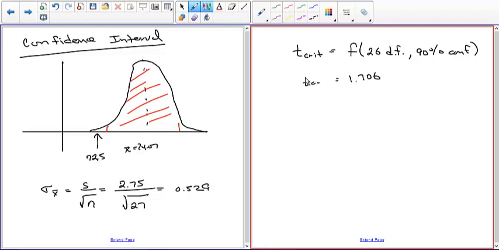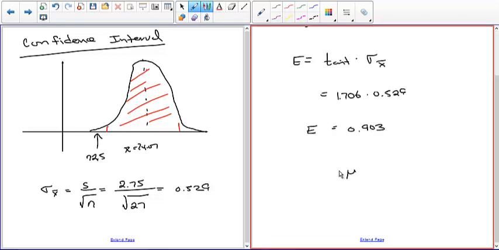1.706. So that means that our margin of error is our critical t-score times the standard deviation of the sample mean. So that's 1.706 times 0.529. 1.706 times 0.529 is equal to 0.903. And then our confidence interval, so this is the confidence of what the population mean is for the same,